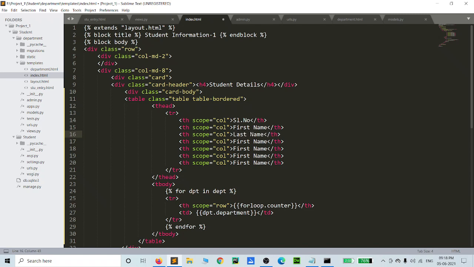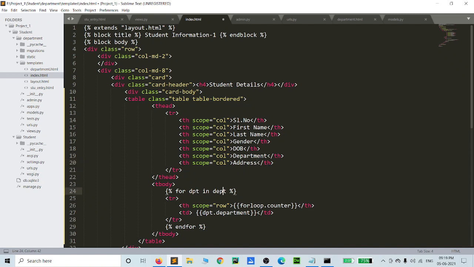And the last name, gender, DOB (date of birth), department, then address.